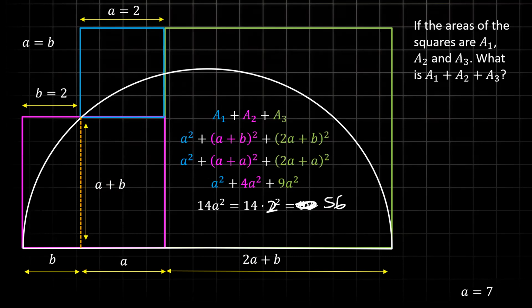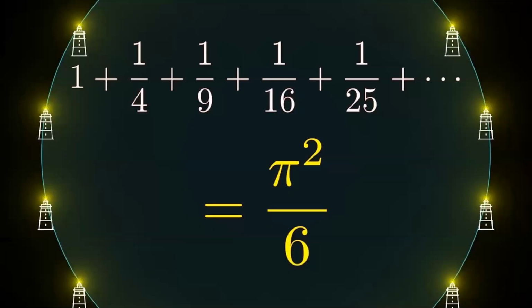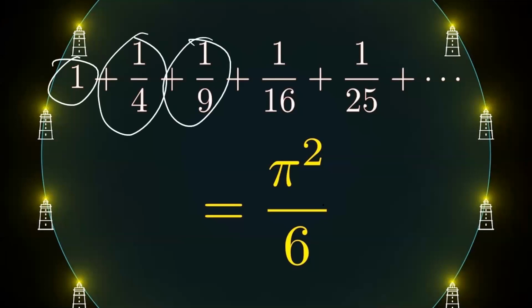Okay, now next question. Oh, by the way, it was used in a proof, an amazing proof. You know this one, right? 1 plus 1 by 4 plus 1 by 9. If you go on adding, you get pi squared by 6. Where do you find these techniques? That's what I said, right? All Olympiad books give you pi squared by 6. The question is, where is the circle? And 3Blue1Brown does an amazing video on this. I show this in the first class, not here.